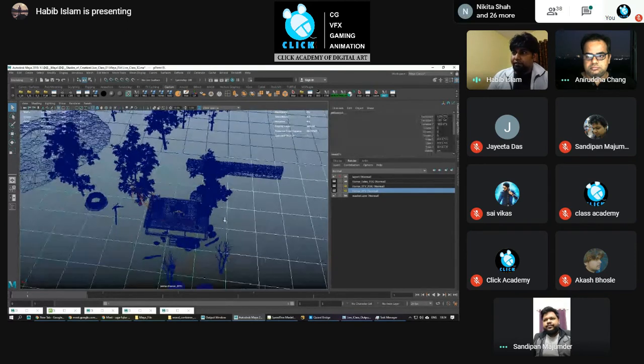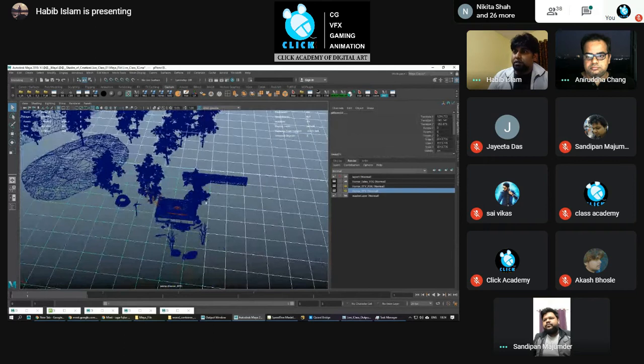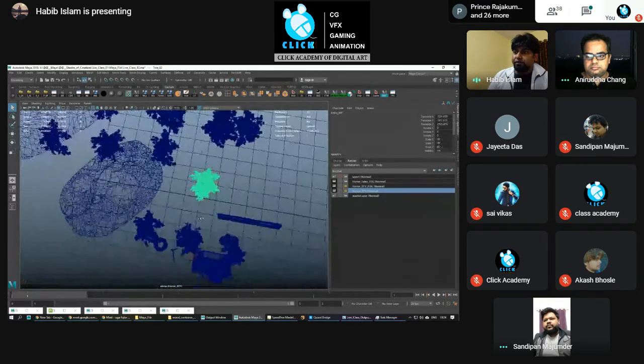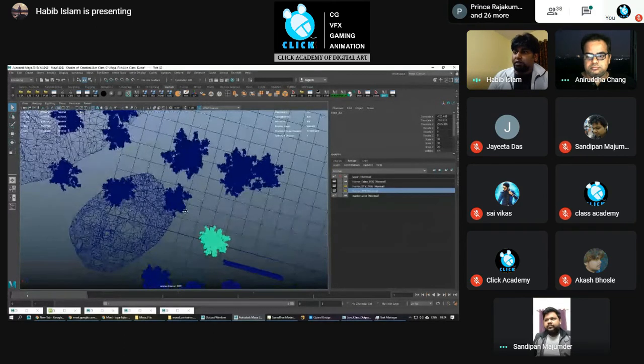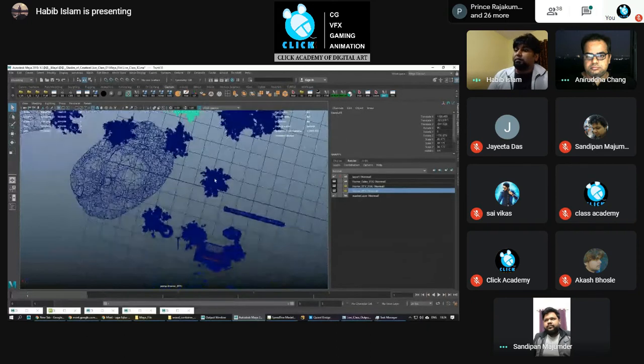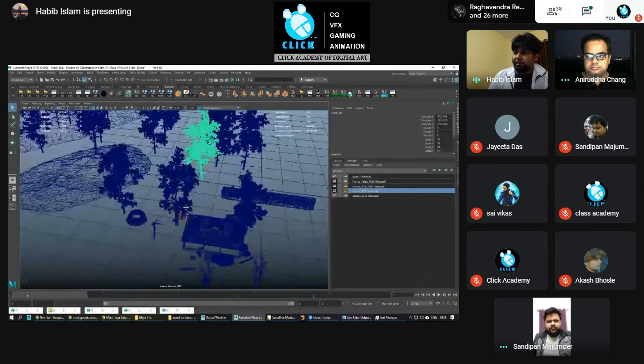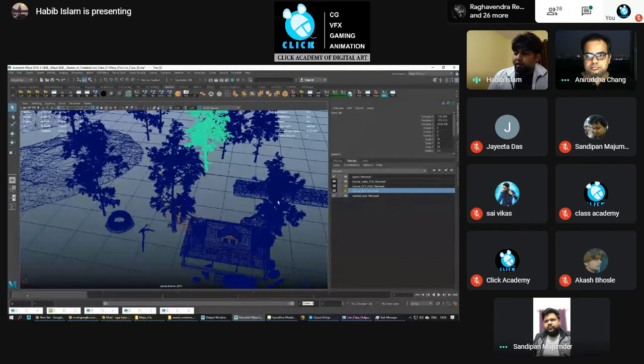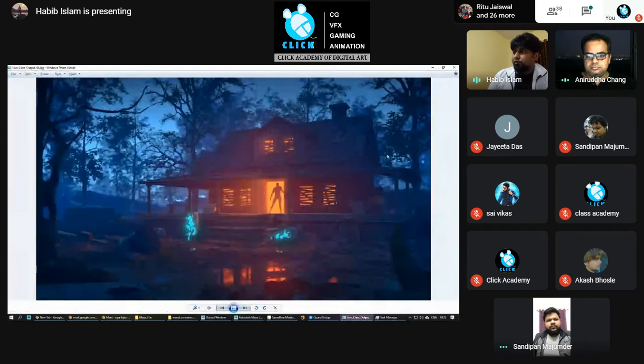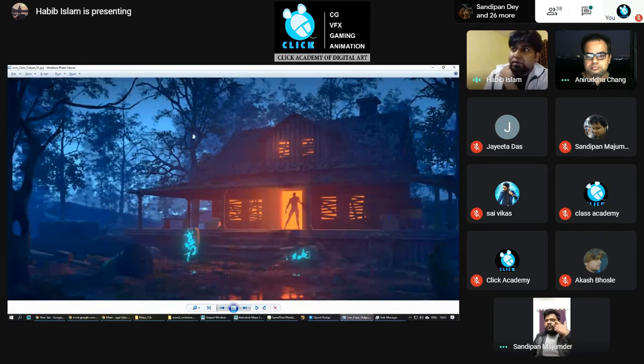Like this ground I've created, assigned that mixture texture, and all the trees. If you see here, there are two, three kinds of trees. I've used different rotation, different scaling, different position to get one output, so that there are so many trees, but in the output you cannot see that they are copied.